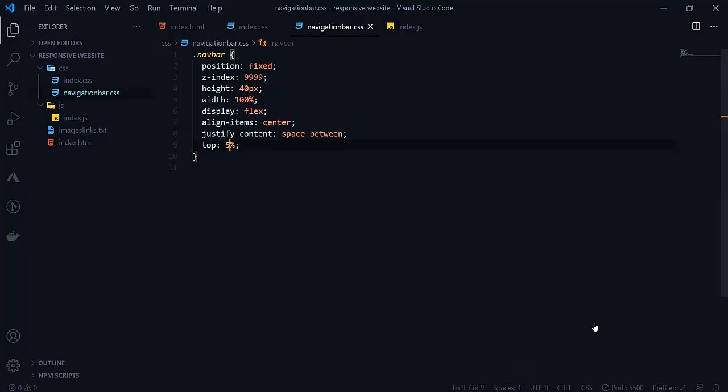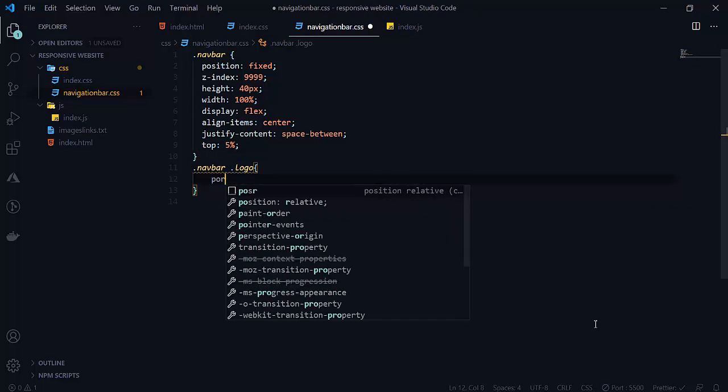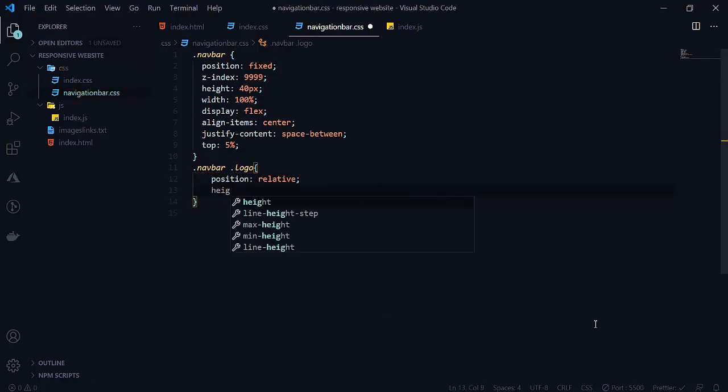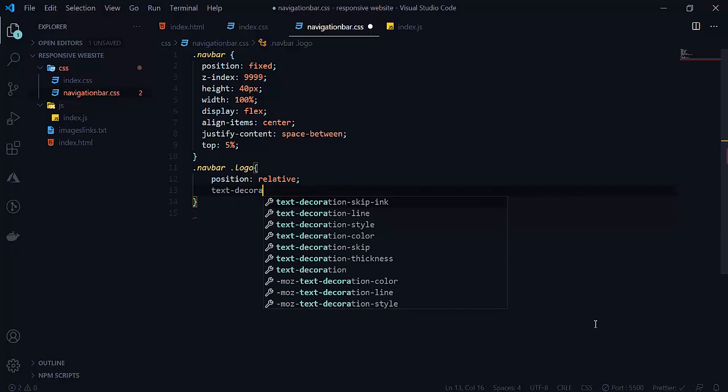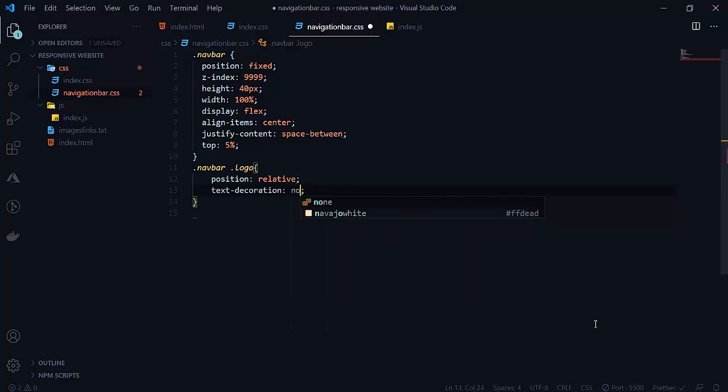So in the navigation bar, let's target our logo here. Logo position will be relative, and we don't want any height here, and text decoration will be none because it is an anchor tag. Text decoration will be none here.